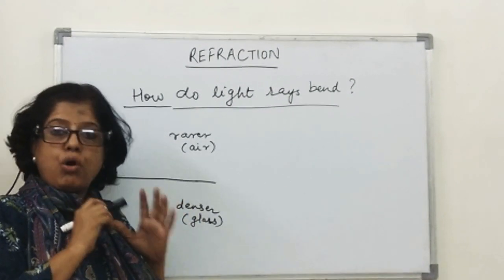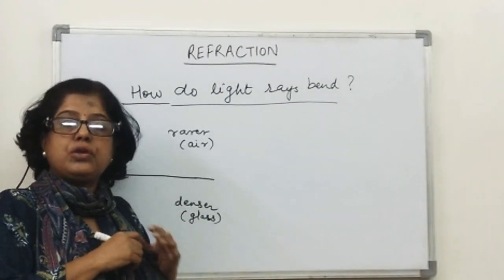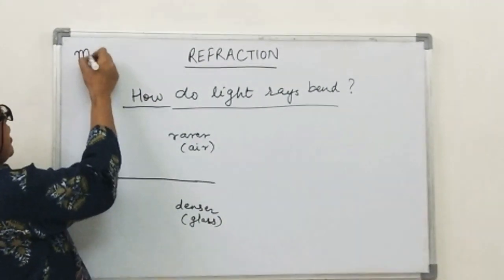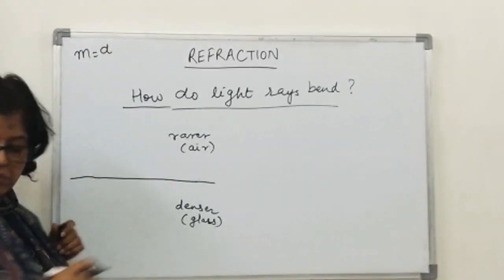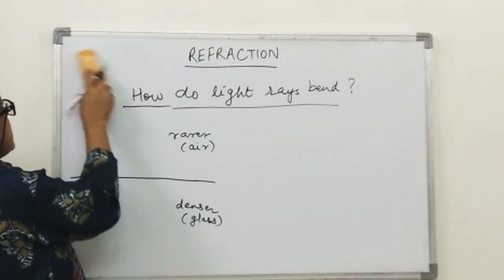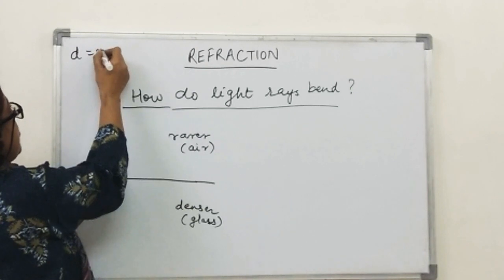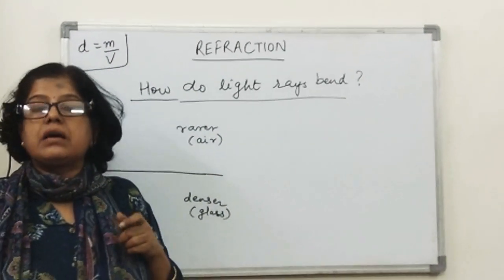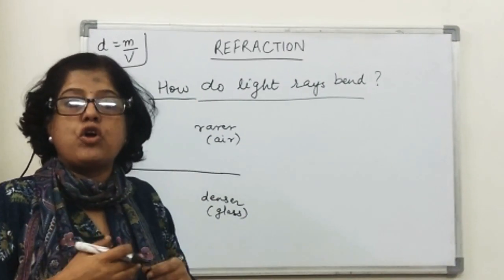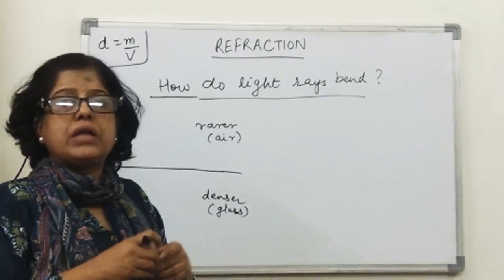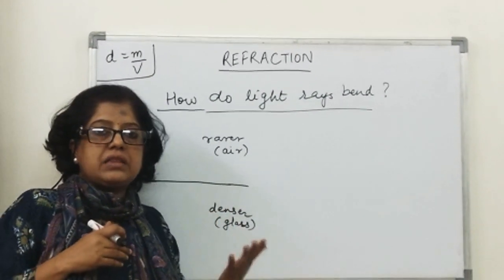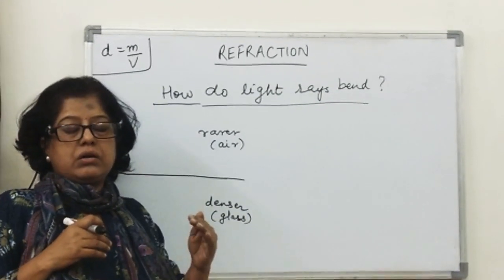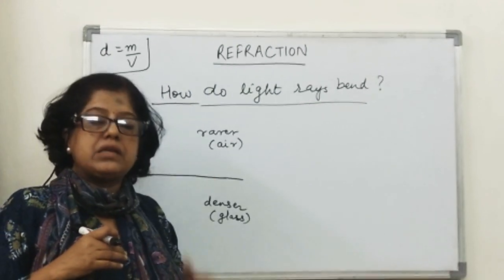Mass density you all have studied in your class 9. You know what mass density is. Mass density is calculated by mass upon volume, that is, m by V, you all know that. And it tells us how light or heavy an object is. You all know that objects which are less dense than water float on it, and objects which are denser than water sink in it.